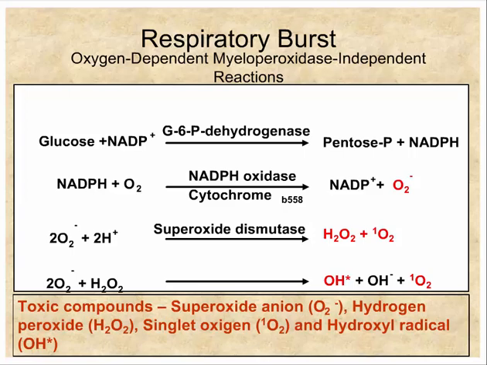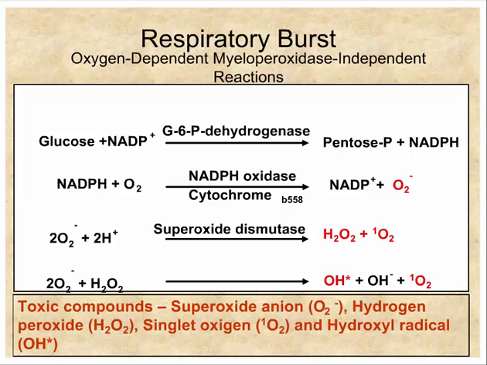Now that superoxide anion, in an acidic environment and with the enzyme superoxide dismutase, can be converted into peroxide and singlet oxygen. And of course, these phagolysosomes are also acidified, and so there is an acidic environment there, so this reaction goes on. And then finally, some of this superoxide anion can react in a non-enzymatic way with the hydrogen peroxide to produce hydroxyl radical, hydroxide, and some more singlet oxygen. All of these that I've indicated in red are highly reactive oxygen species, and they kill the bacteria.